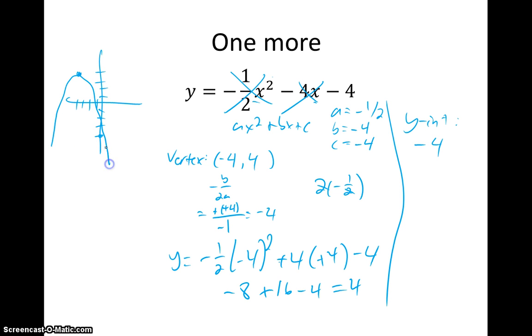Now, it makes sense that it's upside down. Oh, should have drawn that a little bit better. I'm sorry. It makes sense that it's upside down because we have a negative leading coefficient. That's all there is to graphing these things. That y-intercept tells us what the width